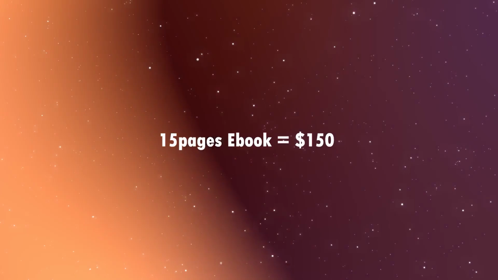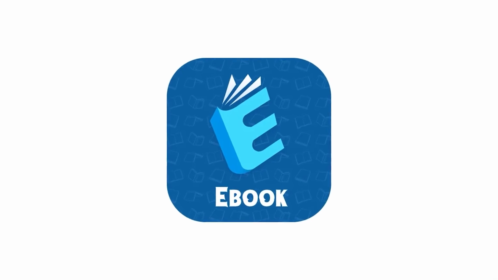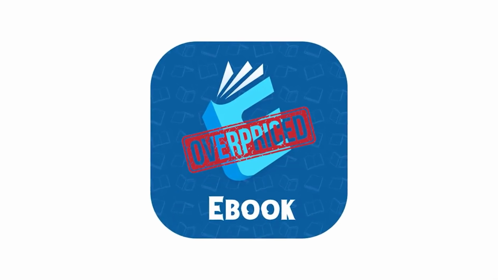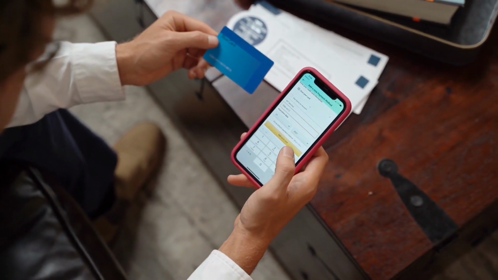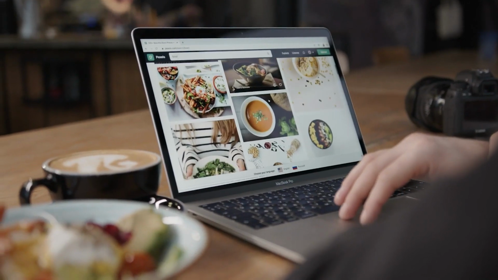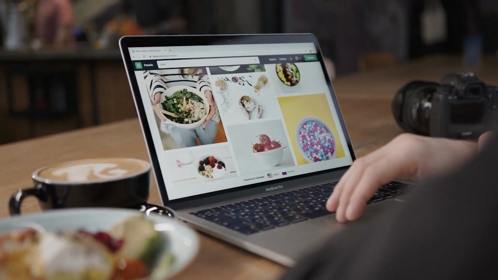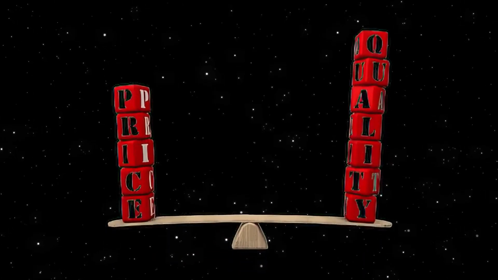Imagine selling a 15-page ebook for $150. I mean, what exactly is the value you are selling there that outweighs whatever value is out there in the world? It is simply overpriced. And if you sell an ebook for like $0.01, as much as it's something you feel anybody can easily let go of, they might feel it is too low quality to even be worth their $0.01. Instead, what you should do is do some research and look at similar products in your niche and price yours competitively. You can price it a little bit lower to have an edge, or shoulder to shoulder while offering more value.